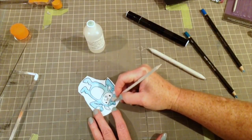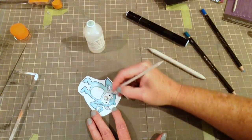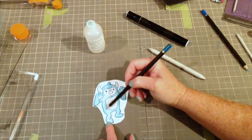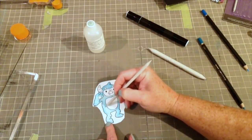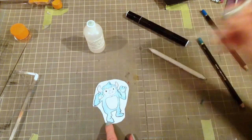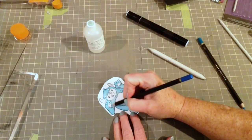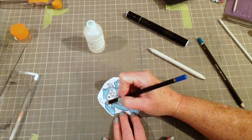And that's looking really good, and I'm liking how that's progressing. Now that you have the first layer in, you then can go back in with your pencils and keep going and adding layers. So I noticed one spot that kind of just didn't seem to mix, and so it was kind of light. So I went back in and added a little bit more color, and then used the Gamsol to let it